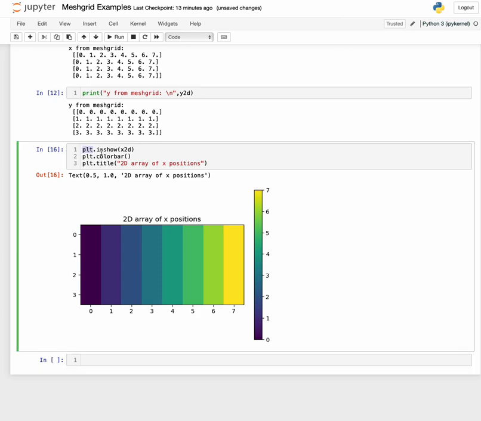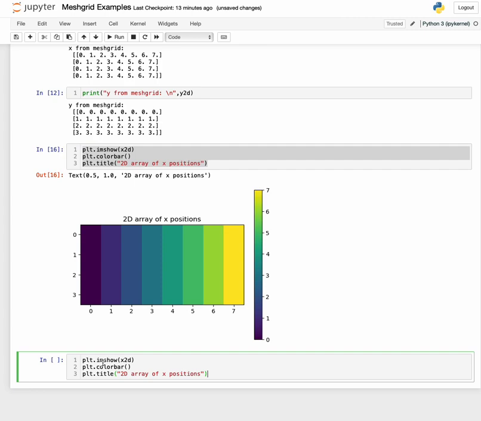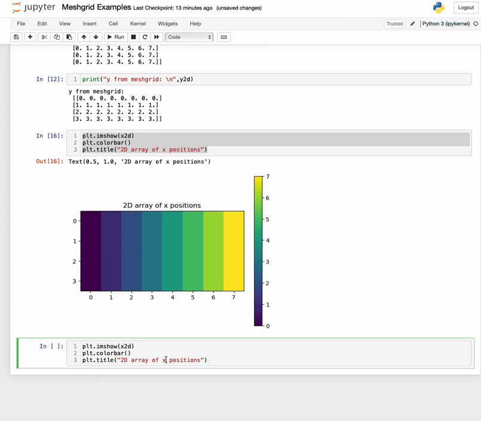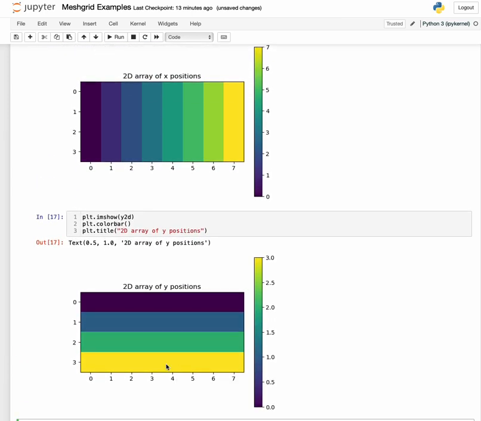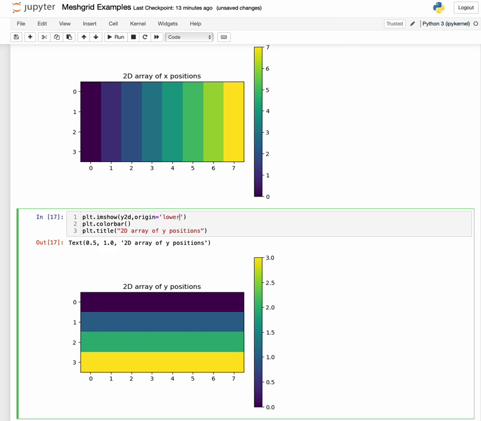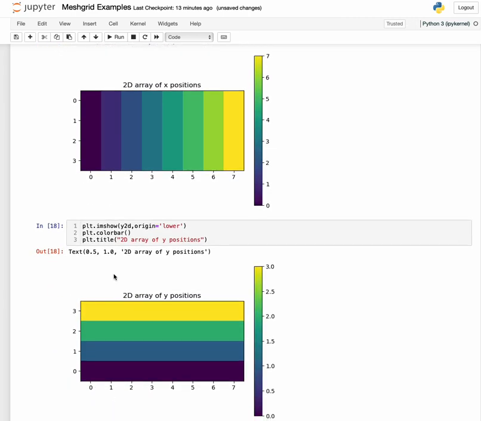And if we copy this and change the x to a y, then we will get what we would expect there. So we can have a 2D array of y positions. And lo and behold, yes, okay, we get exactly what we wanted. We see that we go from dark blue 0, 1, 2, and 3. Notice that the origin is in the top left. With imshow, you can change that. You can do origin equal to lower, and that flips it around and puts the origin in the bottom